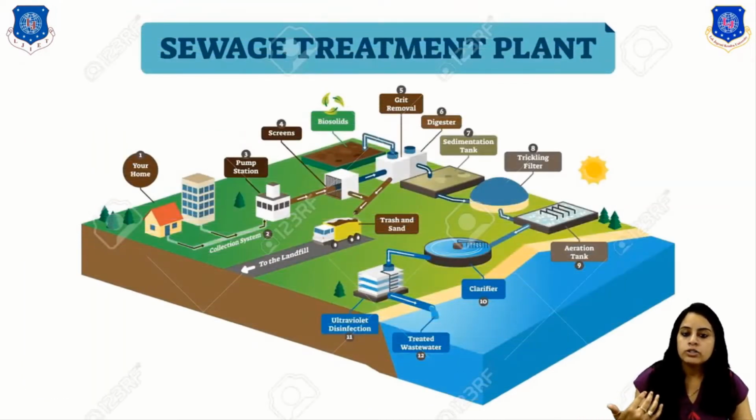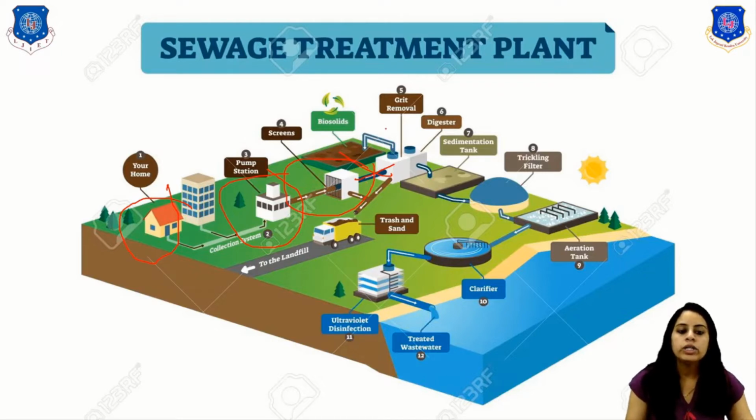Okay, in the last you can see the sewage treatment plant. Already we discussed the preliminary treatment and primary, then secondary and tertiary treatment. Okay, first of all, here you can imagine your home or industrial wastewater, right? The collection system is there. It goes to the pump, and after that the preliminary treatment is there. So first of all it goes to the screen. Here the large impurities are settled down and then the effluent goes to the grit chamber, right? Here the sludge is collected.